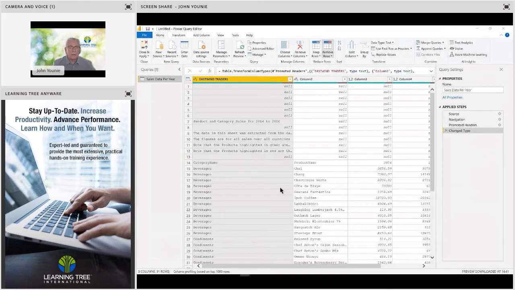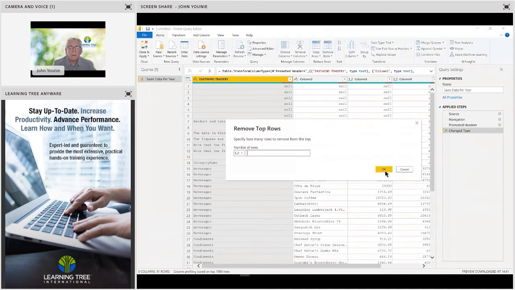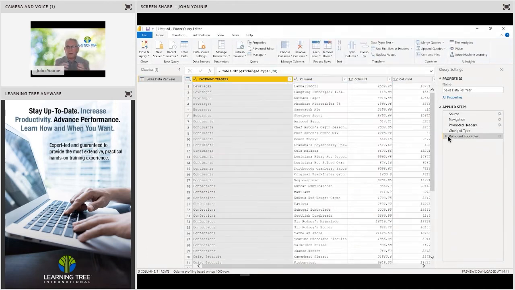I'm going to put 20 in. I'm going to click OK. And I've deleted some of my data, and I've also deleted the headings, the field names. Not what I wanted to do, but I just wanted to show you that anything that we do over here,